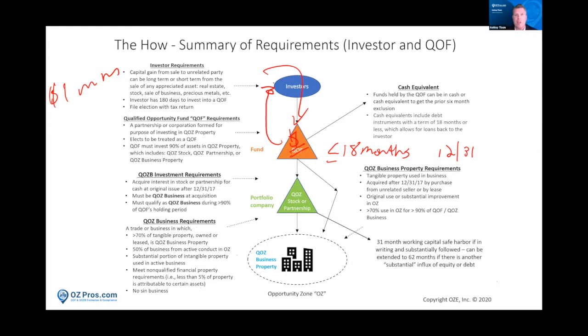You could put it in the market, you could put it into Bitcoin, you could put it in Ethereum, you could loan it to your best friend's cousin's brother, Vino, and he could do hard money transactions with it, whatever. The key point is that you need to be able to cycle the money back into your fund by 12/31 of 21.